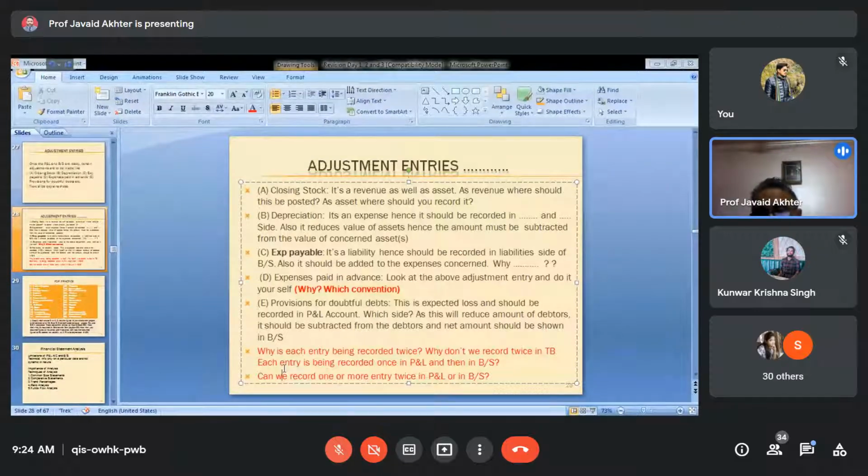The way things have proceeded so far, you have improved a lot. You have given correct answers, if not 100% correct, partly correct answers, or maybe you knew the answer but were not able to put it in the correct words. So this is my understanding about you. So things are improving, a good sign. But if you concentrate more, spend more time, try to synthesize everything that you have learned, you will be able to come up with the answers. If not, I will be able to explain to you tomorrow.